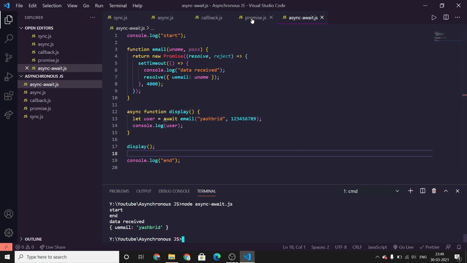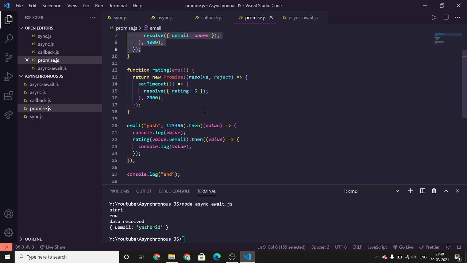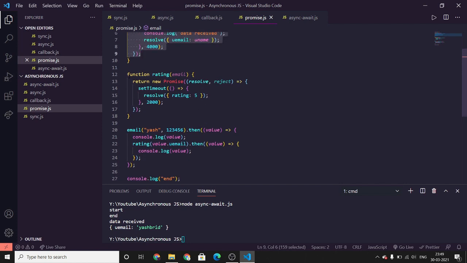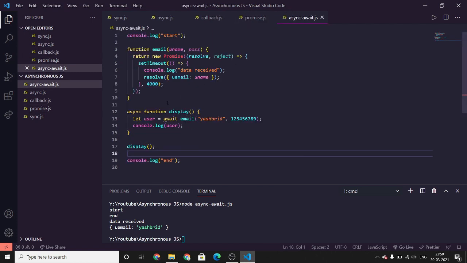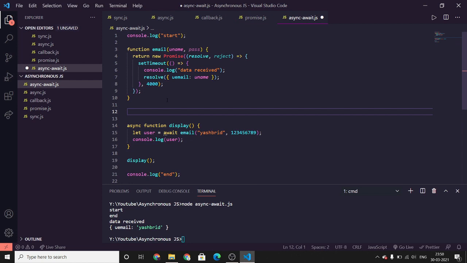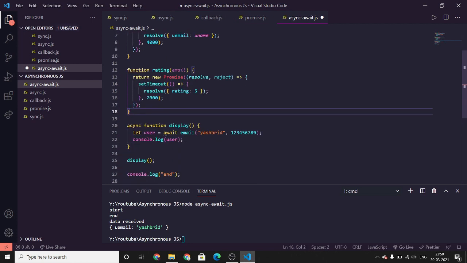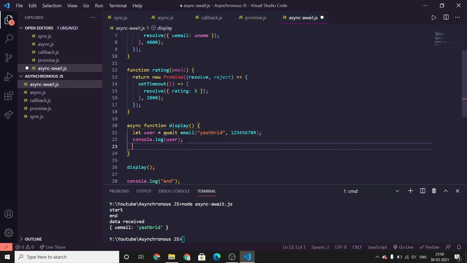So now let's see how we can simplify the promise chaining. So first let's copy this function. Declare a variable rate equal to, use the await keyword.